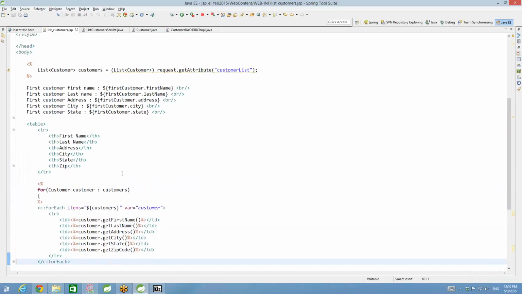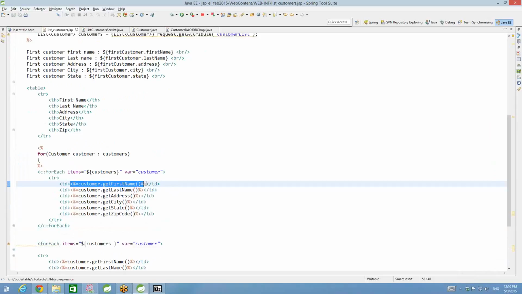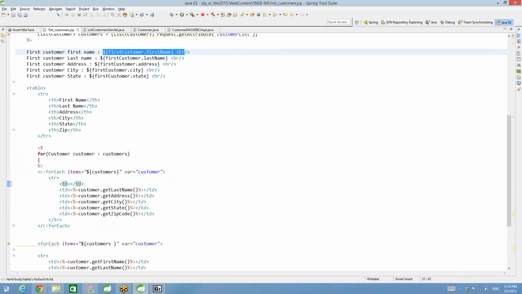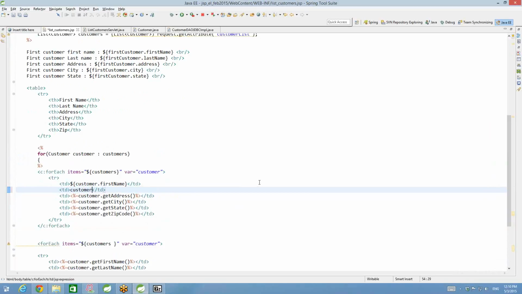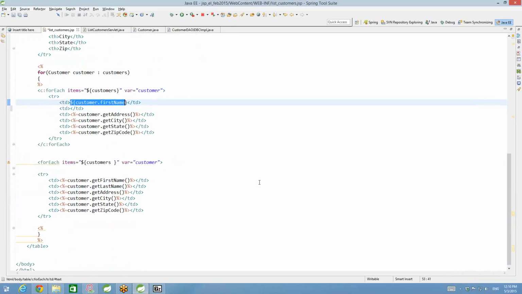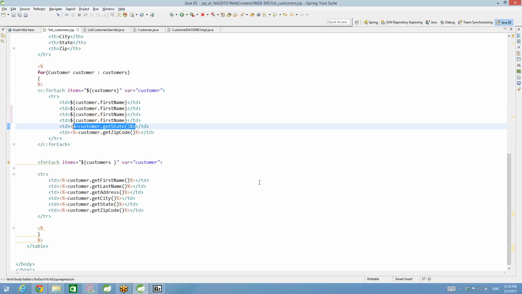And now once you have this guy, all you need to do is you can use your ELs here. You can use your simple expression language like this. Oops, customer, right? customer dot firstName, and then, sorry, you can use your simple EL, or you can use c:out. I'll show you c:out probably in the next class. But since we just learned EL,